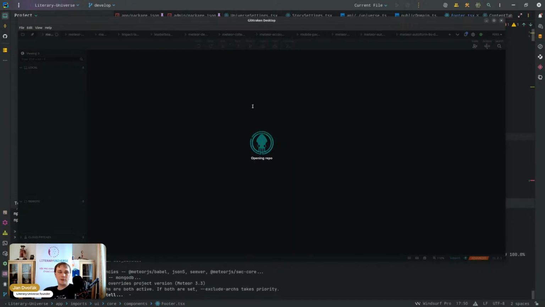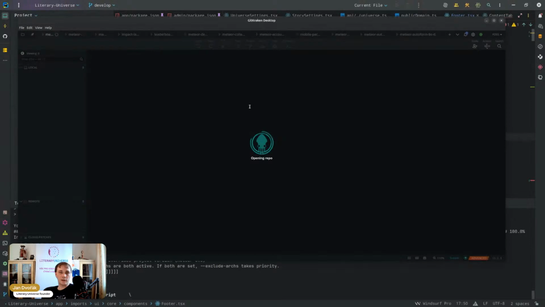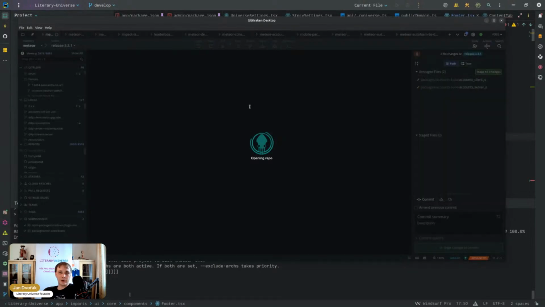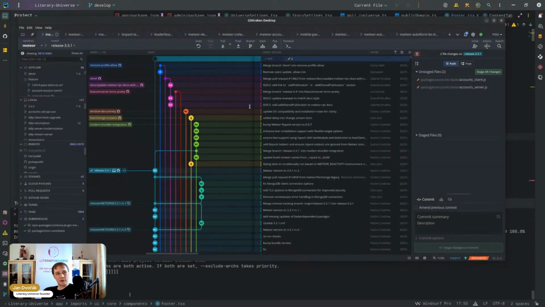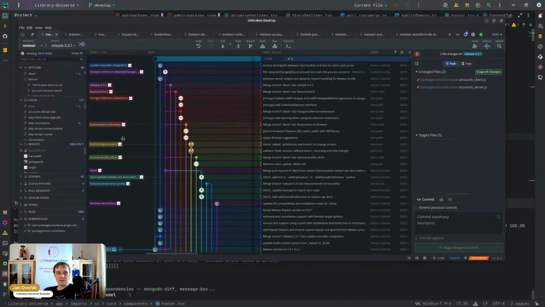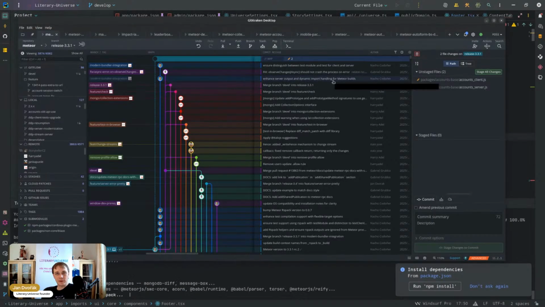So it might be on the 3.1 release branch, but let's take a look here. And I am, yes, on the 3.3.1 release branch, which is perfect for right now, though I will have to, let's see, enhancer on the import and